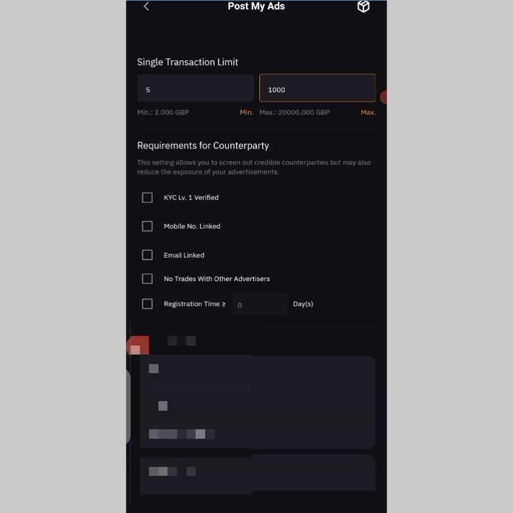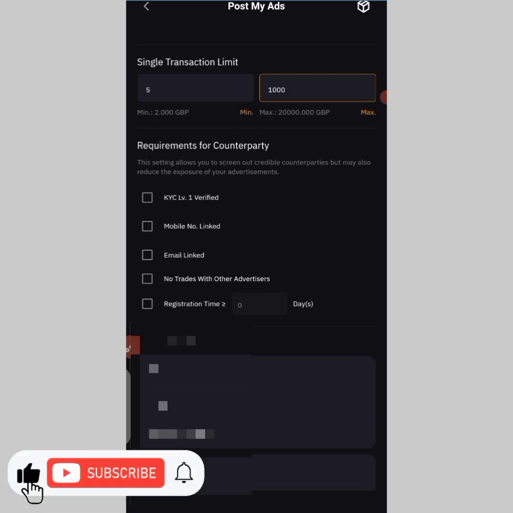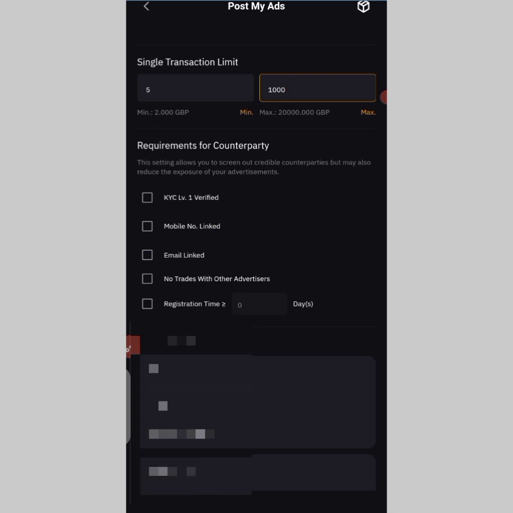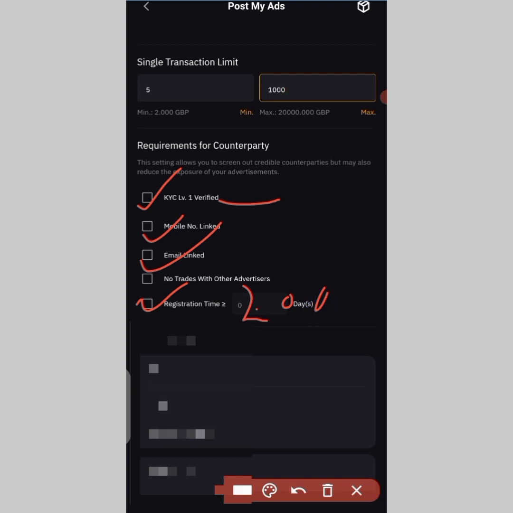So I want you to pay close attention to this place. Here we are creating an advert to sell our USDT. So what you are going to do is that here for this KYC level 1 verified, you will need to mark it. Here mobile number linked, you need to mark it. Here email, you need to mark it as well. This no trade with other advertisers, you can leave it open. And here registration time, you can decide to put how many days, maybe 200 days or 300 days or whatever